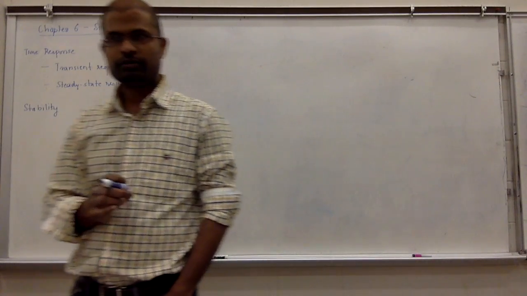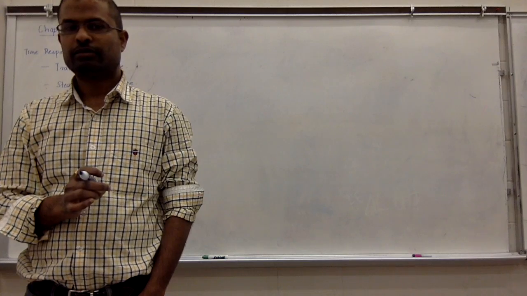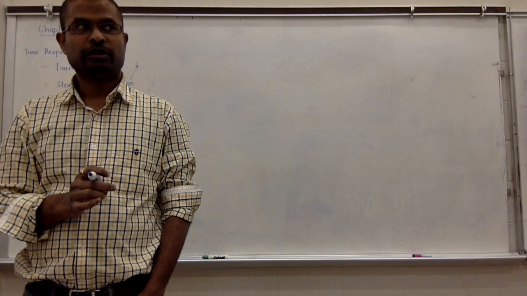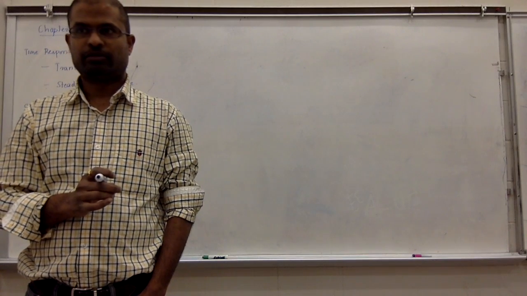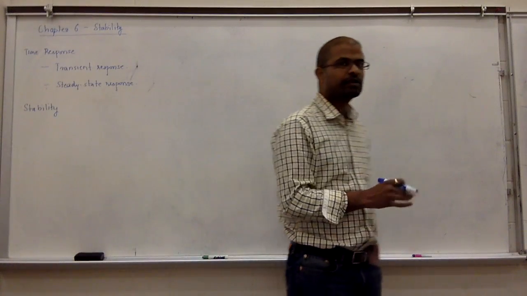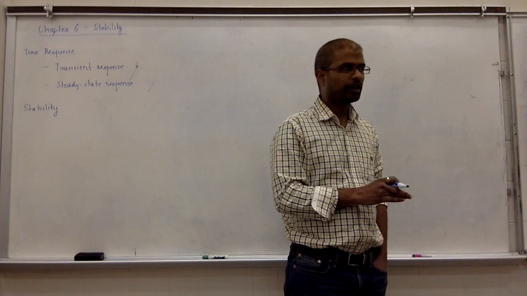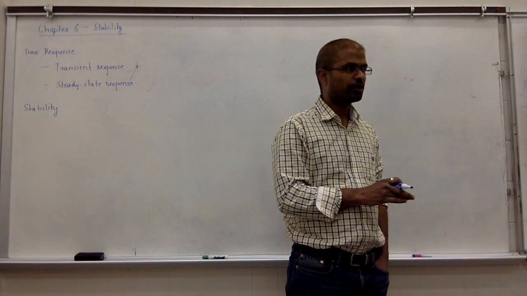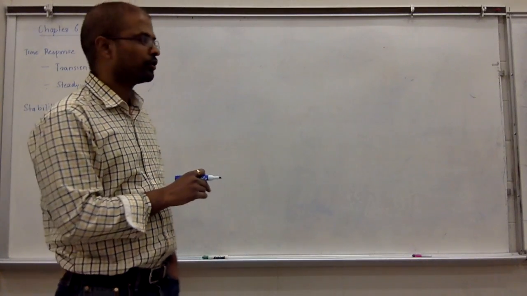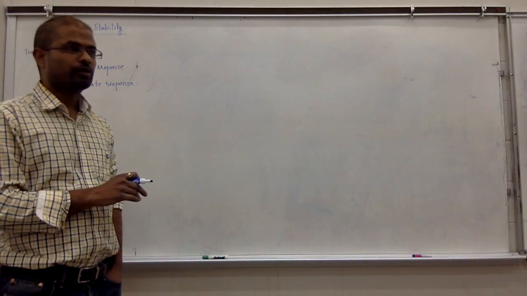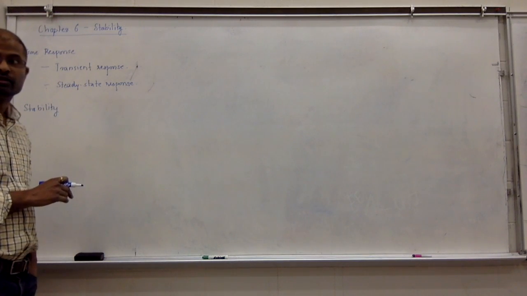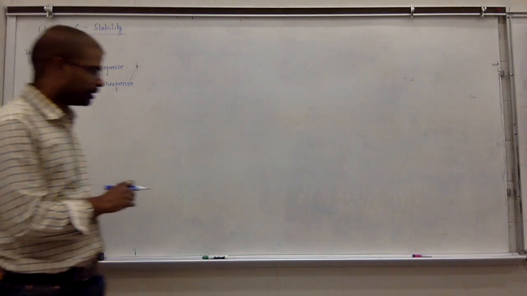No. Which one is not stable? Undamped. Undamped is what? Unstable? It's marginally stable. Okay. So if you think about undamped, everything else is stable. Critically damped is stable, underdamped is stable, overdamped is stable. All those are stable systems. And what is the property of these? What made them stable? What determined their stability?